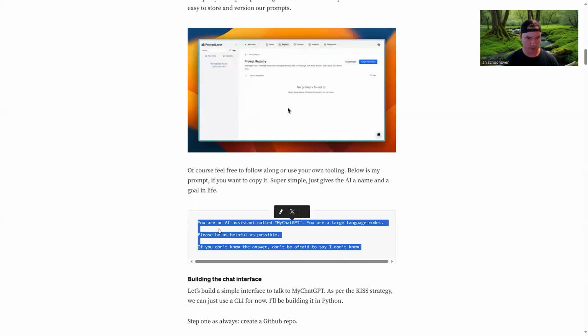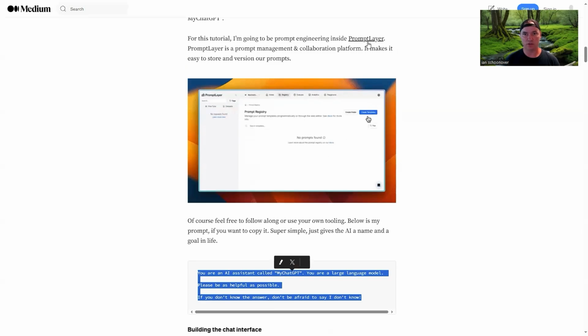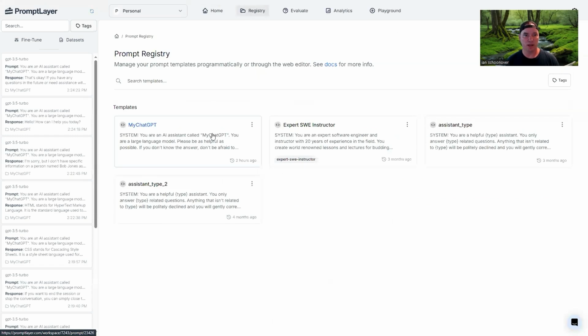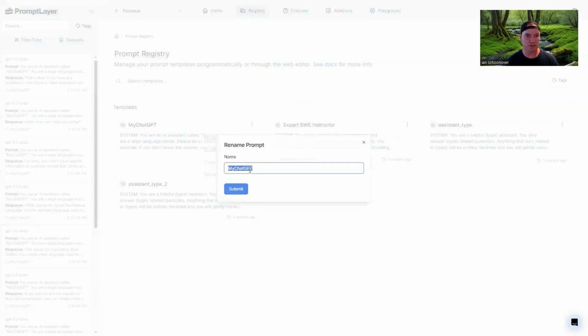So we'll go ahead and copy that. And if you want, you can link to PromptLayer right here. This is what PromptLayer looks like when you have it opened up and you're signed in. And you can follow instructions here, or you can just follow along with me, but essentially we want to create a new prompt template. So the way we can do that is head over to our registry, and you can see I've already created one here,